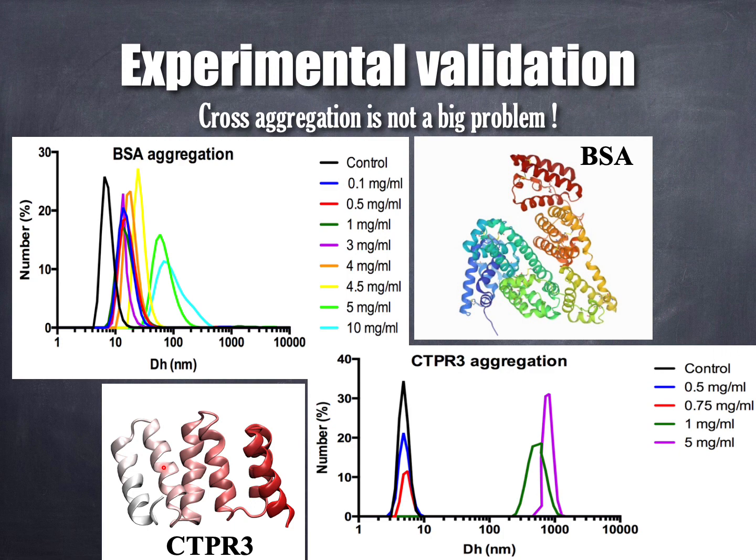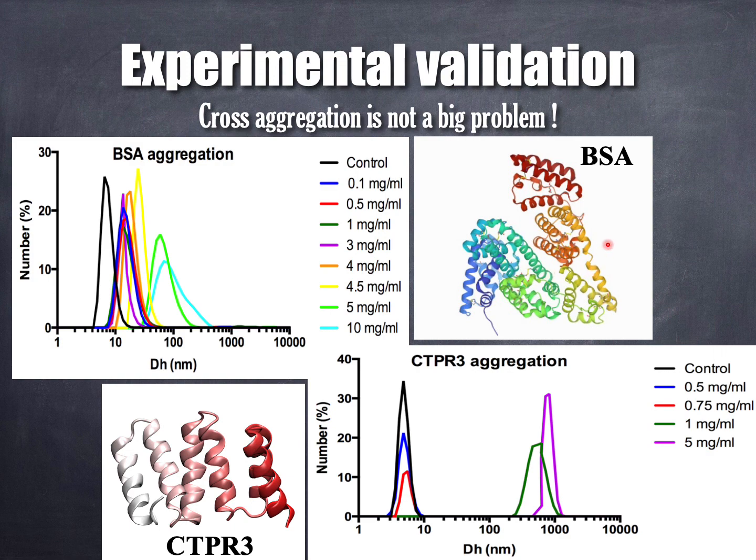So if there is any optimization against cross aggregation in their sequence, these 2 proteins couldn't possibly have had such an optimization process during evolution to avoid their cross aggregation between each other. And as you can see, they also have quite